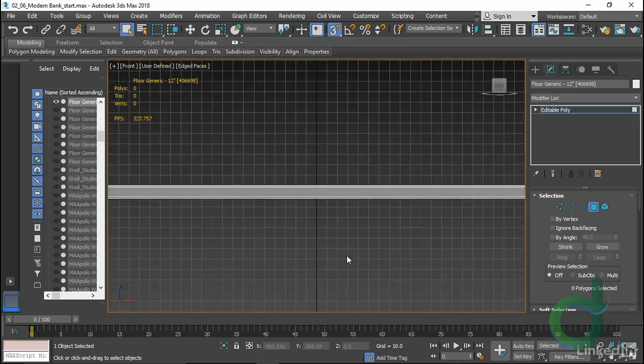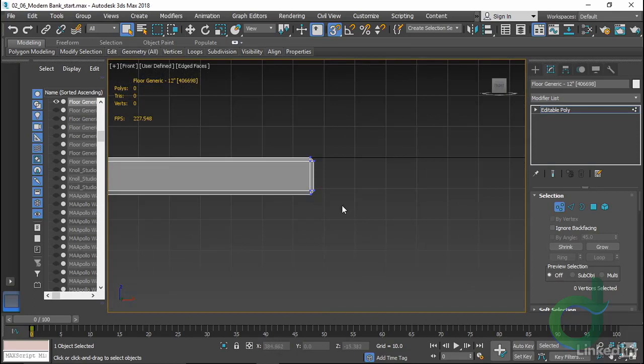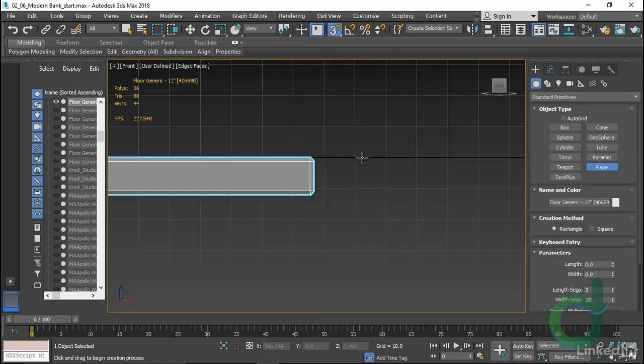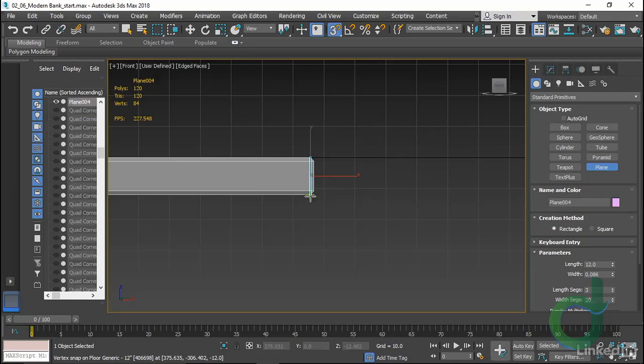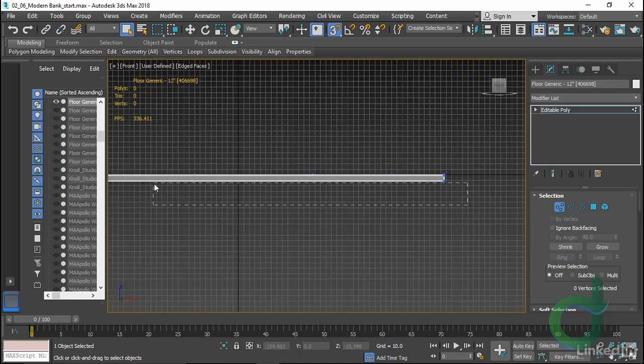It's also 12 inches thick, and so this is one I might fix here. One of the ways I'll measure quickly is by using a plane. Holding Control and right-clicking and choosing Plane, or a rectangle works too. I'll snap a plane on, and we can see in here that this is a length of 12, a very thick slab. What I'll do is to take this object and pick all of its bottom vertices